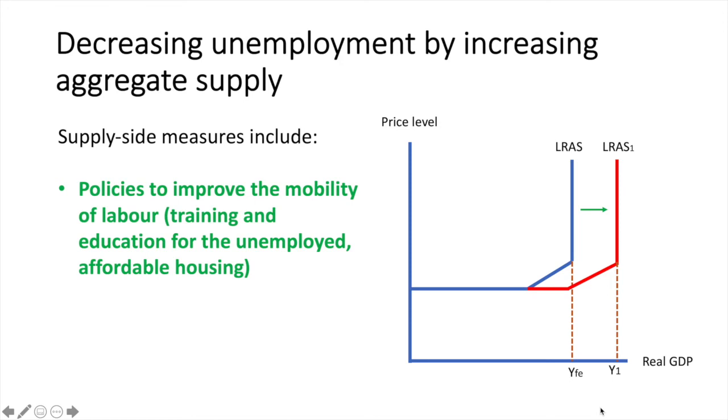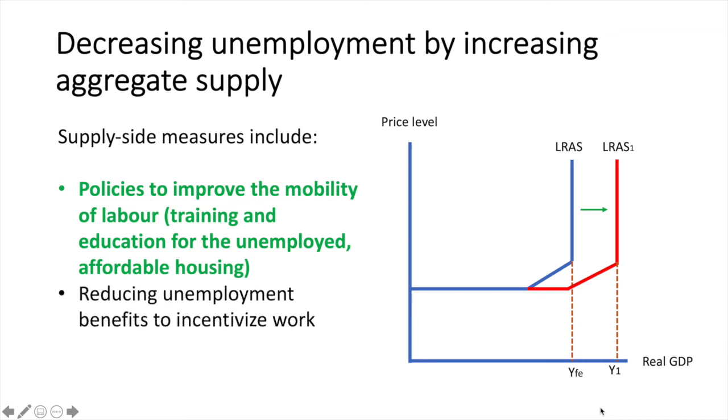Whether the issue is of geographical or occupational immobility of labor, any policy solution that would address either one would benefit an economy. For example, training and education could help workers gain the skills necessary to take on new jobs, or providing access to low-cost urban housing might encourage people to move to high cost of living areas and take up work there.